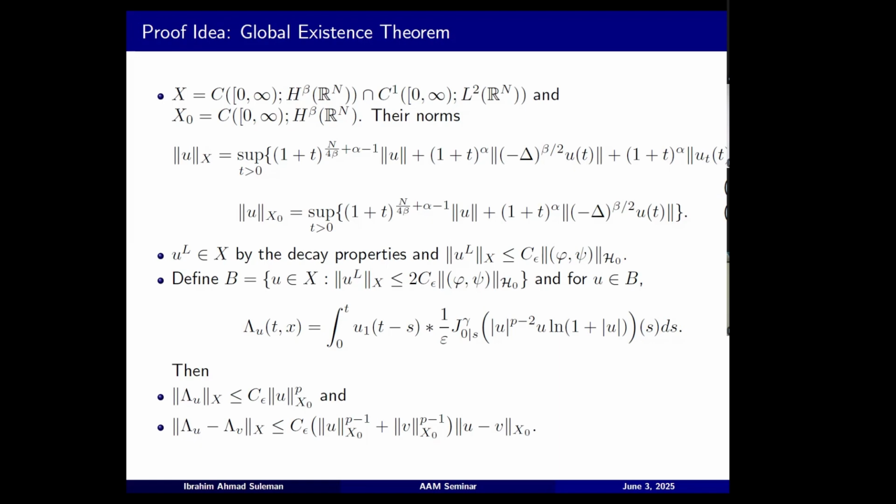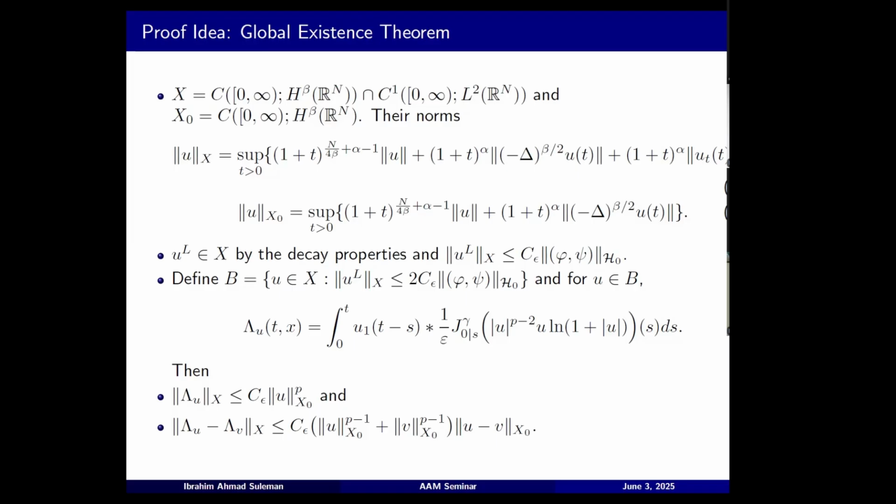So we define our space as before. X here is the space of continuous function intersection C1, but here time is to infinity. We are handling global solutions, and we define our norm as such. The norm is different from before. We take our time here and we put it inside the norms with appropriate decays. We define the norm of U in X0 like this because we want some tight bounds. We have already seen the norm estimates of the linear solution.